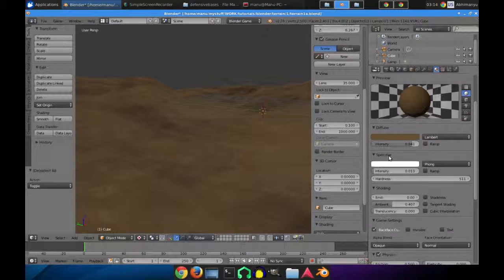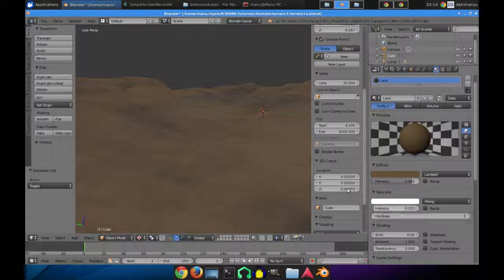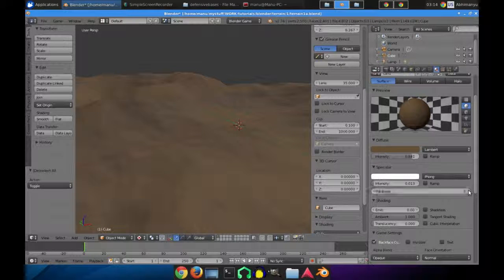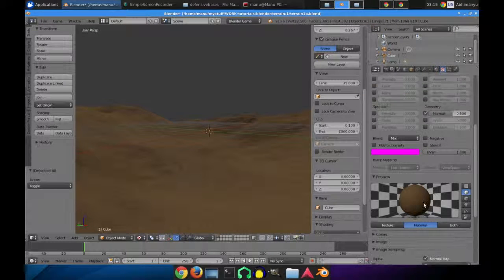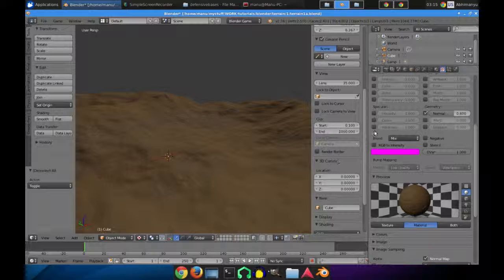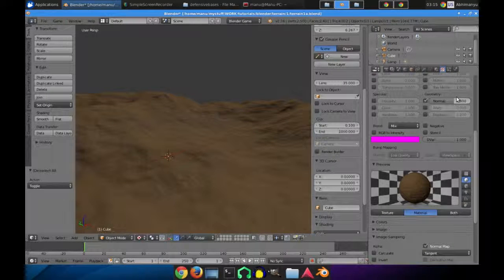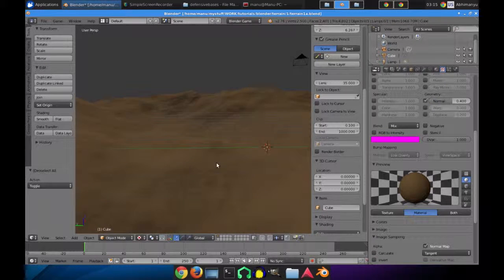So alright, I forgot a couple of things which made my terrain look really better. Now first of all, it was set as this. So yeah, it was this, maybe this. Okay, so you can also increase the hardness of it so that it looks like a hard mesh, and decrease the ambient from here. Let's try increasing the normals to 0.8. I think 0.4. You can play around with this,